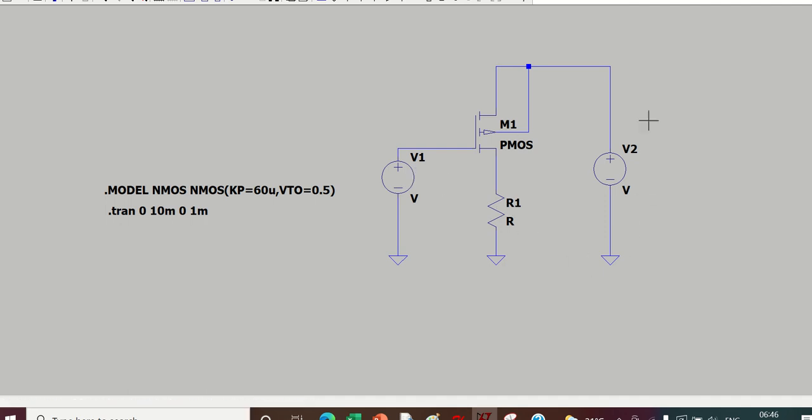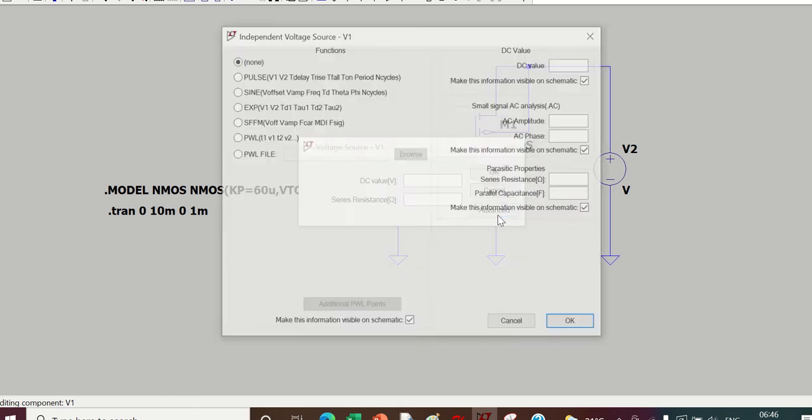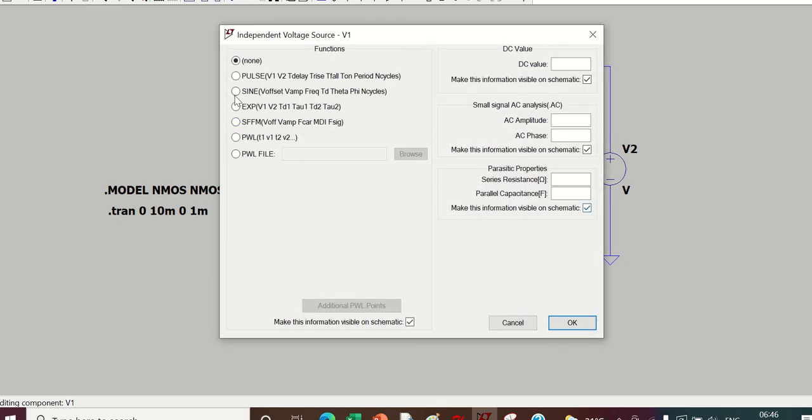Okay, so now this is the circuit. I am going to apply some input here, so I will convert this into a sine wave. DC offset, we should be very careful here. If VDD is 1.2 volts, then VDD minus something we should give. So here we should give 0.8 or something like that as the offset. Now if I give 0.8, it means I'm giving 0.4 output voltage.